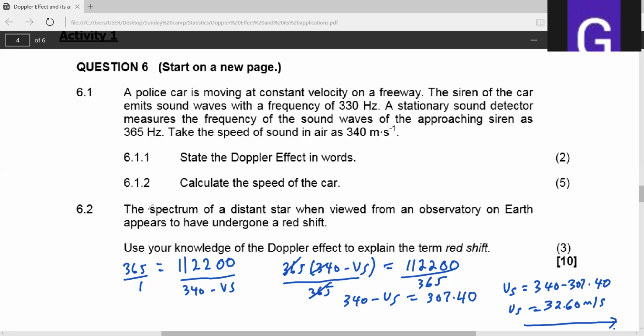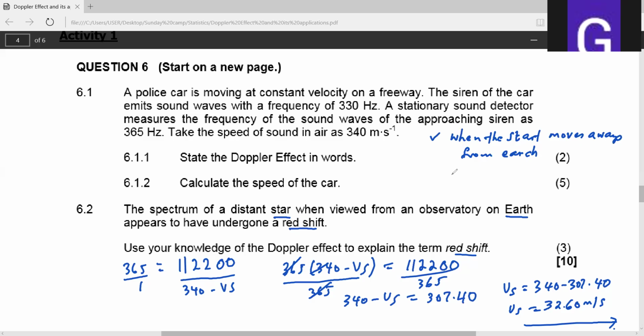Then lastly, it says the spectrum of a distant star, when viewed from an observatory on Earth, appears to have undergone a redshift. Use the knowledge of Doppler's effect to explain the term redshift. Then you are going to say, when the star moves away from the Earth,